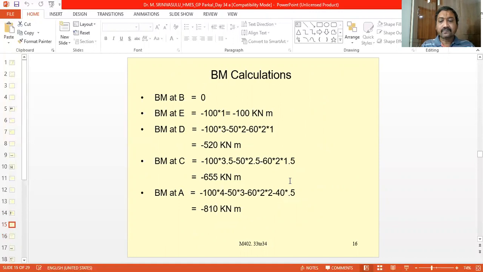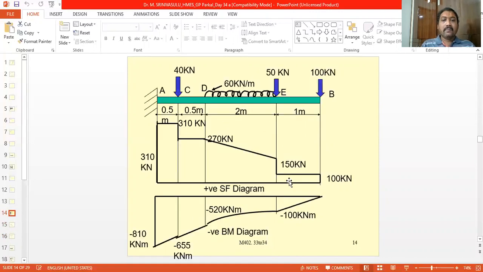Now coming to the point A. Now if we take the point A, that is a fixed point. So we have the same 3 point loads and one UDL. The only thing is the distances at which they are acting from point A will change. So therefore now the algebraic sum of the moments of all the forces to the right of the section acting at point A is equal to, this is 100 kN into the distance, which is 4 meters.